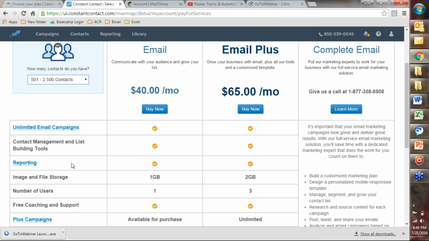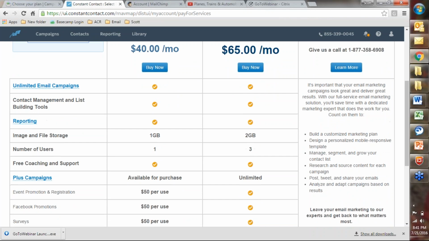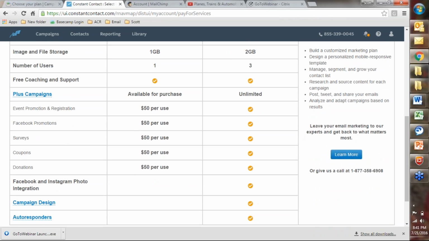But you're always going to get reporting. Constant Contact has image and file storage. I don't ever have to really use that because I just put them in within campaigns within the one I'm using, so it's not entirely appropriate for that. But if you do have to have additional services, if you are on staff somewhere and it's a larger one and you are going to be doing a larger promotion where you're thinking, we're going to have an annual meeting and we would like to drum up as much support as possible, they do have things like promotion and registration that you can integrate right here. So there are additional tools that you can take a look at and try out.